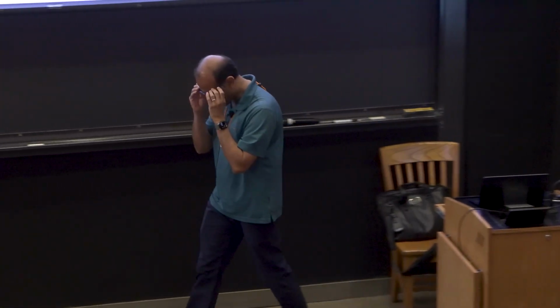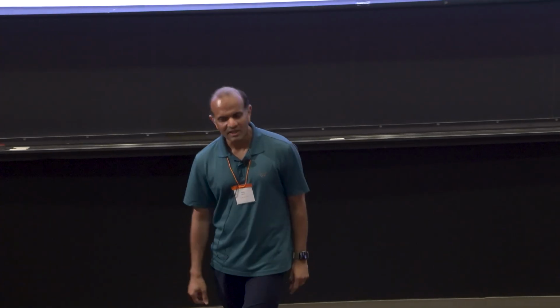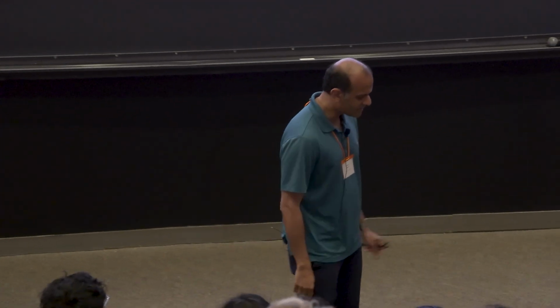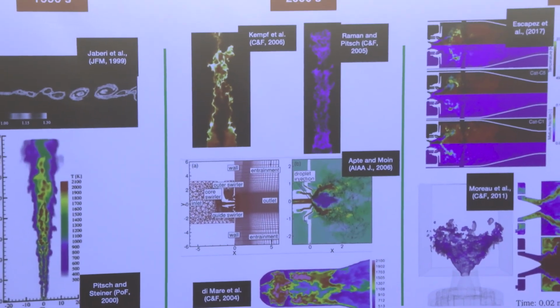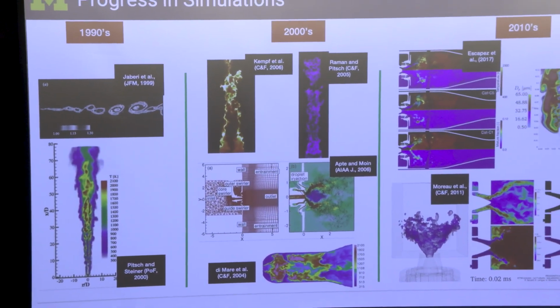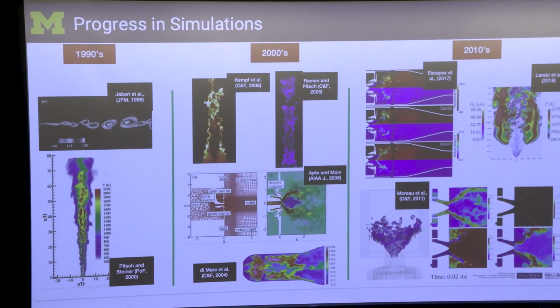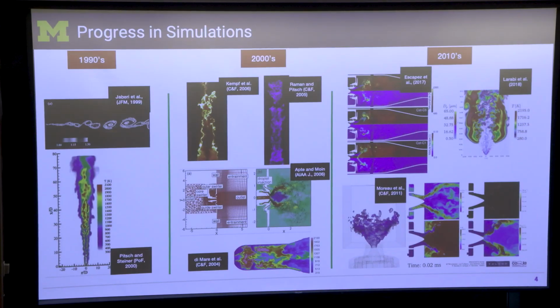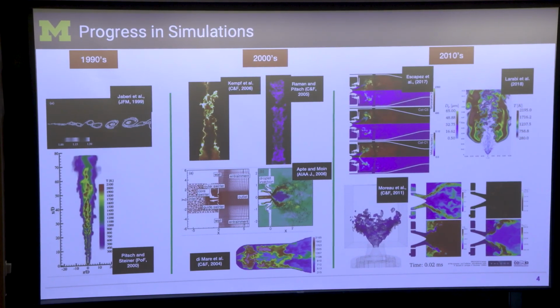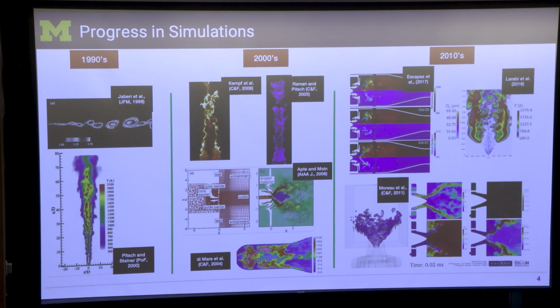Okay, so we'll start with this. And I find this set of plots very interesting. I was asked to give a lecture at the Combustion Symposium many years ago in Dublin. I think it was 2016 or 2018 or something like this. And I tried to see what has happened to simulations over this time. Many of you may not have been born in the 90s, and you might see stuff in the 2010s. And things have not changed from the 2010s to the 2020s. So I would say right now, they're very similar to this.